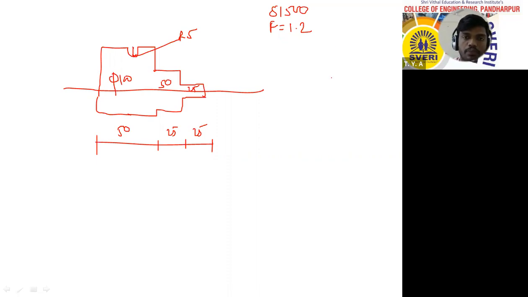I want a solution from your side. Draw this diagram within 1 minute. Take the speed value as 1500 and feed rate 1.2. The lengths are given along with the diameters: 50, 25, 25. There are 3 steps on the bar, with 25 diameter, 50 diameter and 100 diameter. And on the 100 diameter part there is a half semicircle slot, which has a